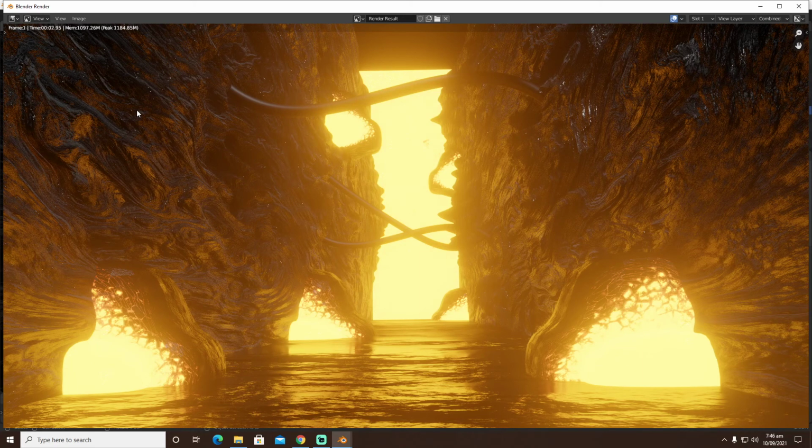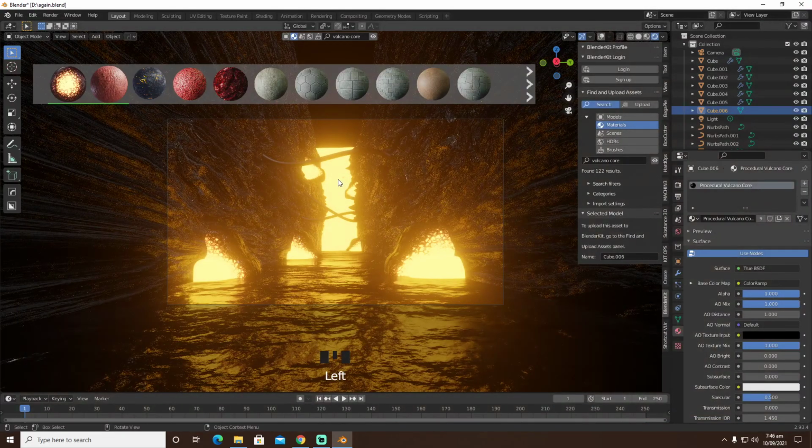So we have something like this. So I hope you enjoyed this tutorial. You can do this without this emissive cube. And you can also